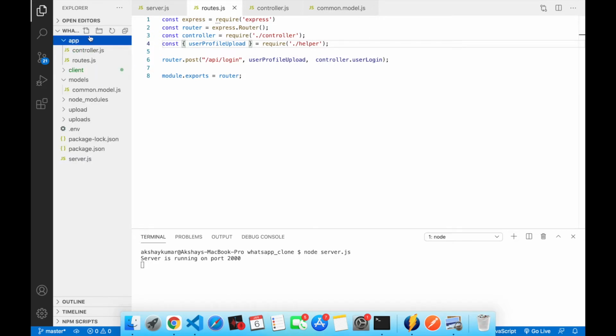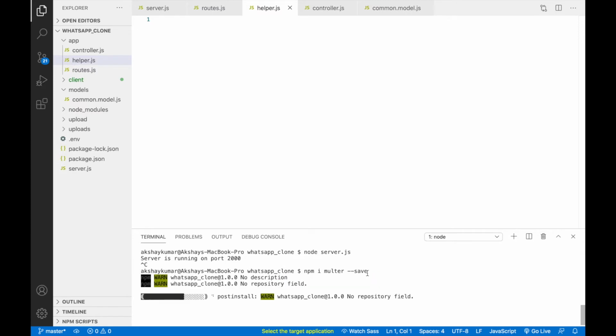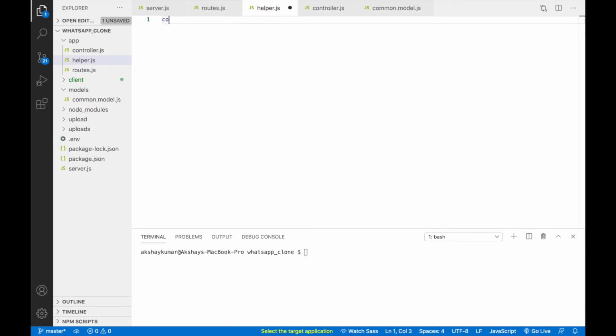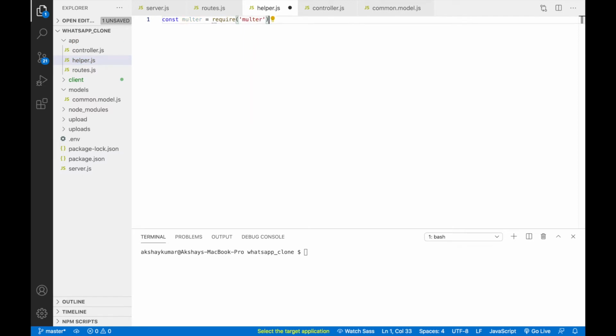Let's create one more file here that will be helper.js. First we have to install Multer, so npm i multer --save. Now we can do const multer equals require multer, and here we can create this middleware.